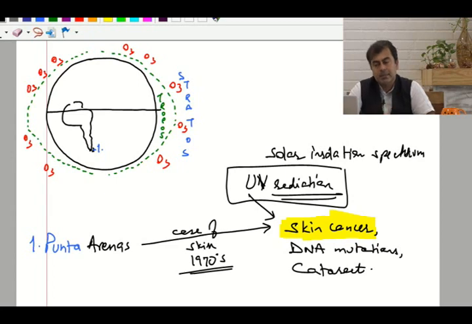Skin cancer. When skin cancer comes, remember as a child I was very, very amazed by skin cancer. Oh, skin cancer means UV radiations. So what is happening in Punta Arenas? UV radiations are there. They tested, they found yes, the amount of UV radiation is higher. Now comes the question, how come it is higher? Because UV radiations come only through sunlight, and there is a protection. And they found for the first time that the ozone layer here was missing